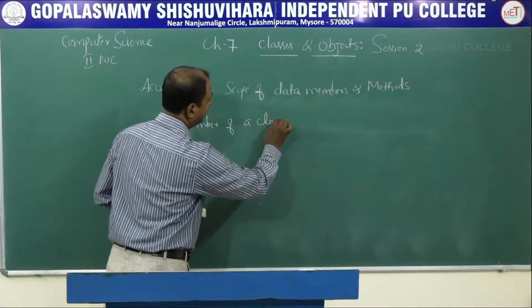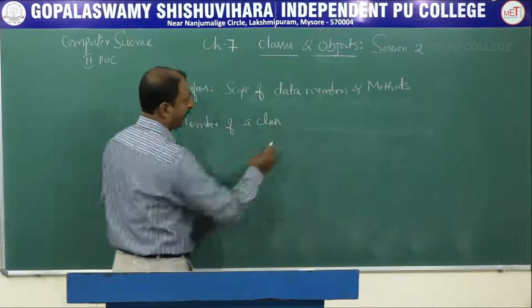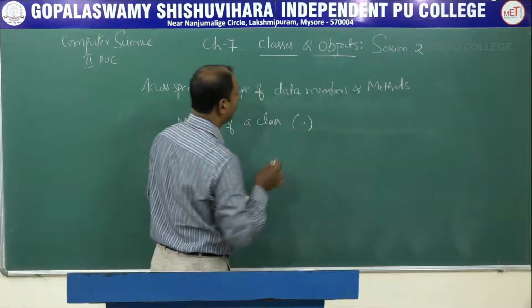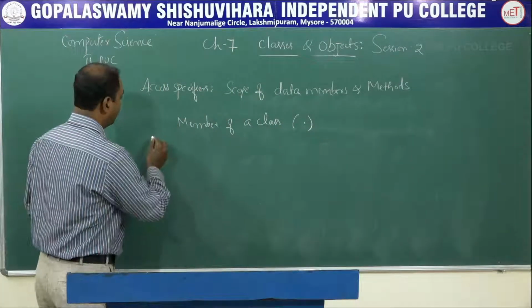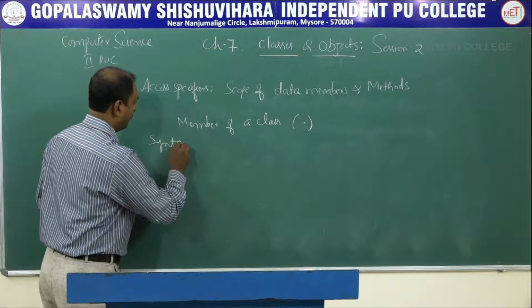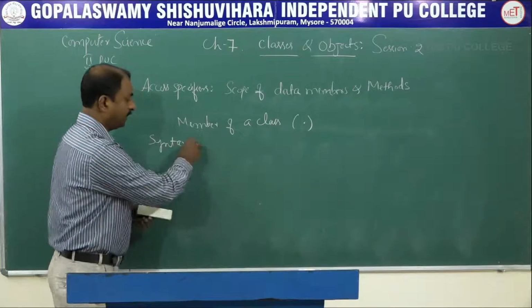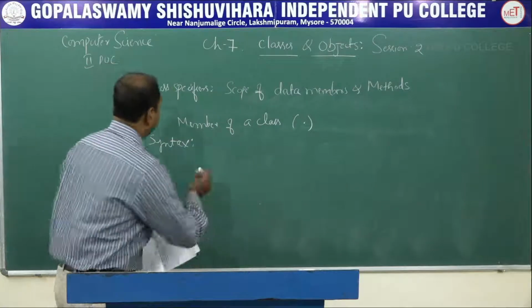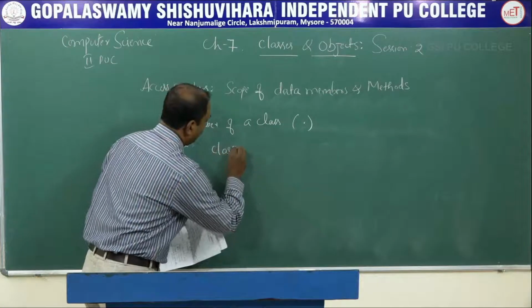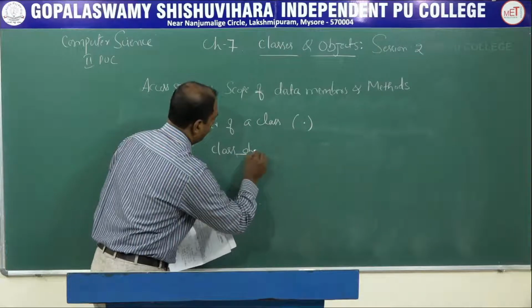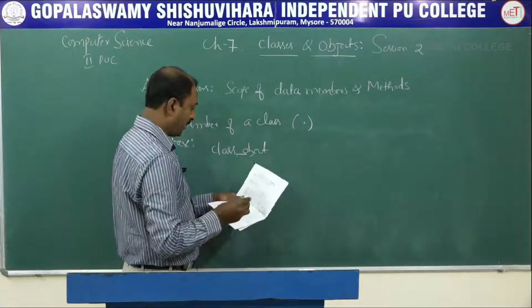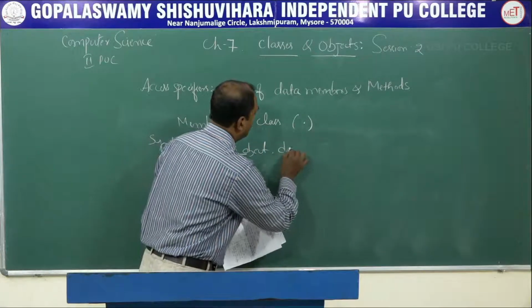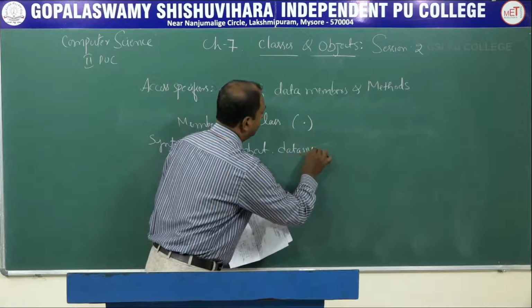Members of a class are accessed by an operator, the dot operator. Here is the syntax. What is the syntax of this operator? Class object dot data member;